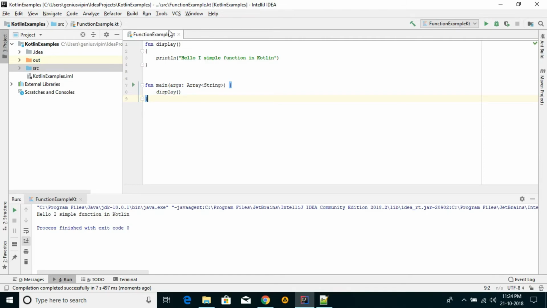So like this we can create a simple method. Or if you want to create a function with a parameter, you can also do that. We will see it in the next tutorial, the next